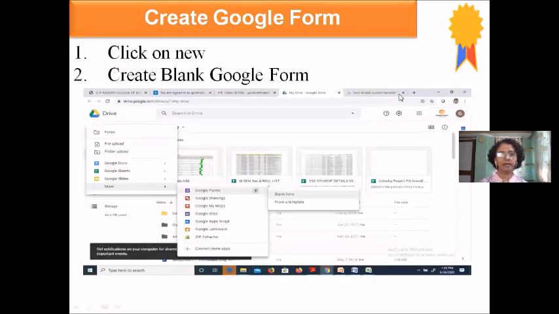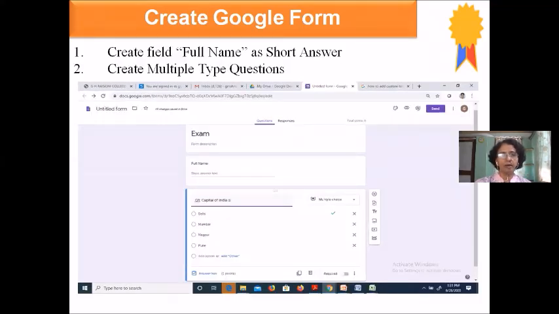After that, click the New button and then create your own form. As per the requirement of your certificate, you need to enter the fields, like name, institute name, whatever you want.